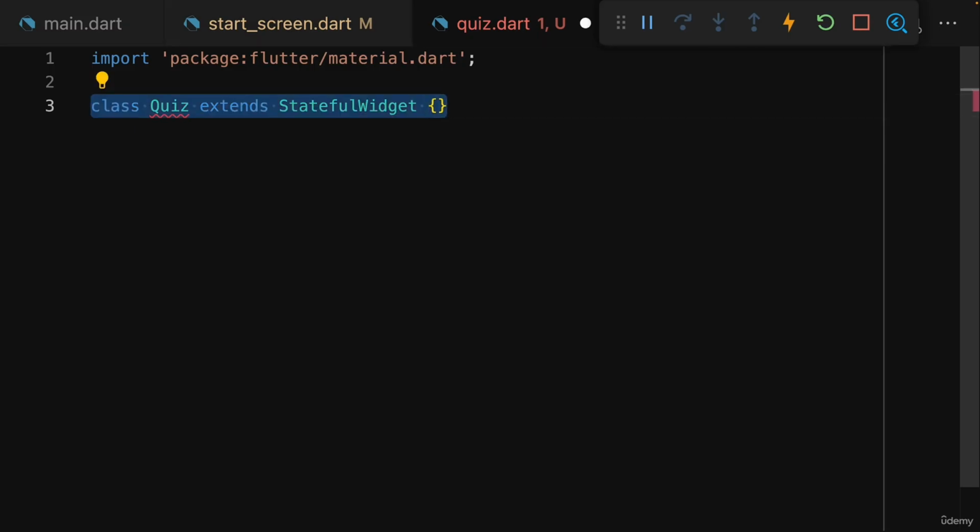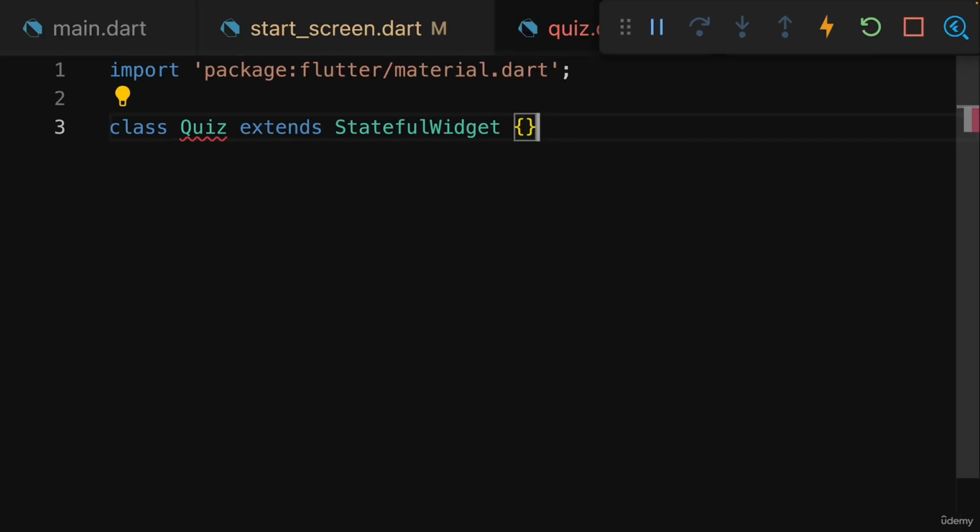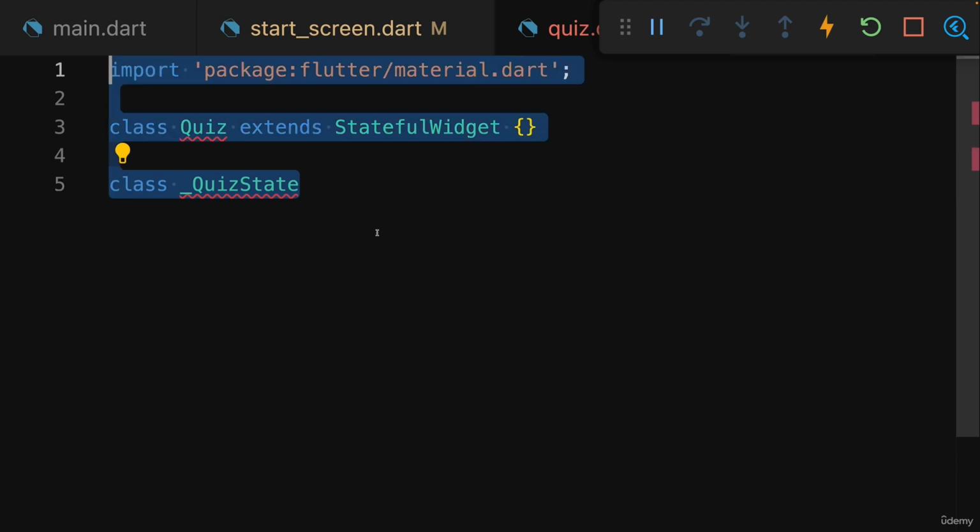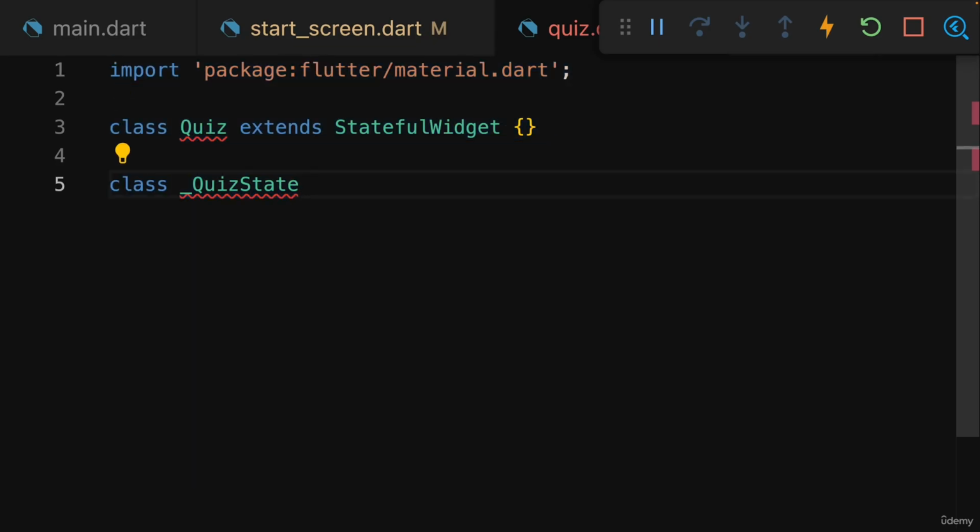With that, we create this stateful widget, and as you learned in the previous section, when building a stateful widget, you in the end always end up with two classes that must be built. So besides building this stateful widget class here, we also need a second class, and that will be the quiz state class. The name is generally up to you, but the convention is to use your widget class name and append state, and also add a leading underscore to turn this into a private class, which technically can only be used in this file here, in the quiz.dart file in this case, and not in any other files,